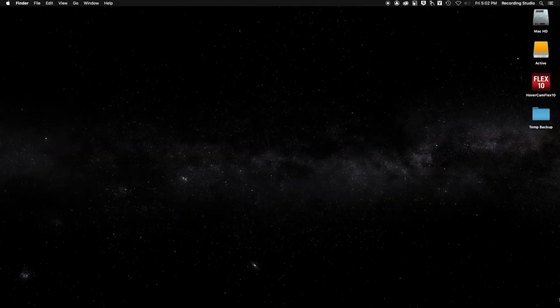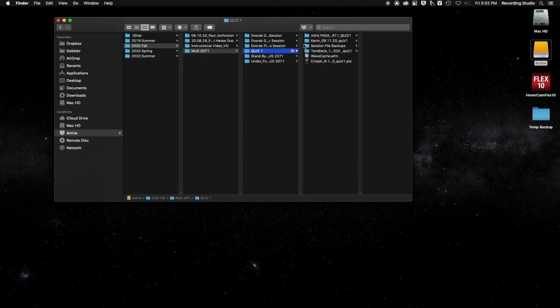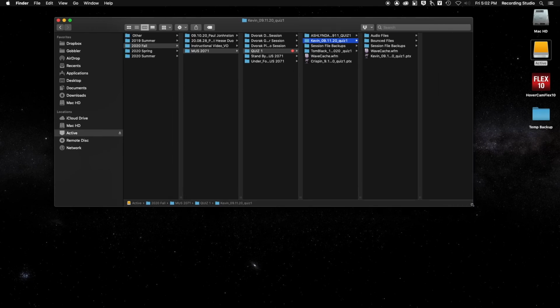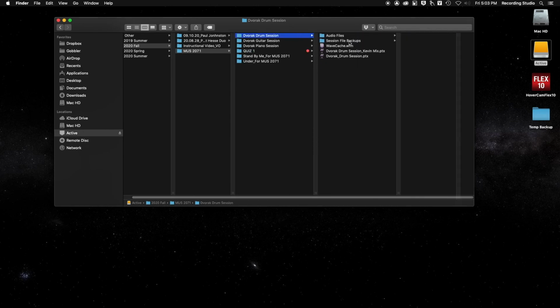So now, if I go back to our folder, you can see here's my folder with all of my Pro Tools session data. Here's my Pro Tools file, the session file itself. And inside of Bounced Files is the mix I just made. And in Audio Files, all that exists there is that new print that I made called Kevin Mix, because the audio, we just added it to that session. We didn't copy it. So the audio still only exists in this original drum session from when we recorded in